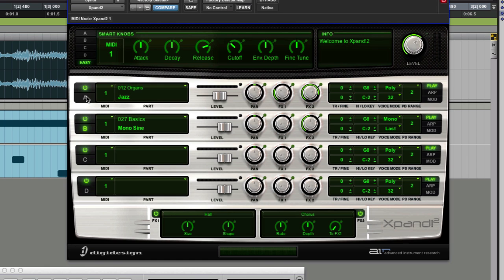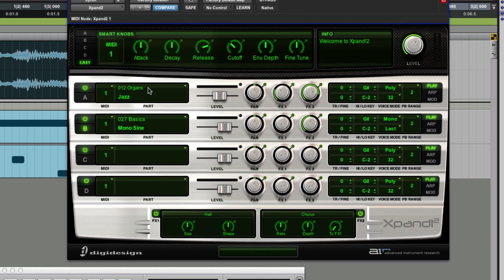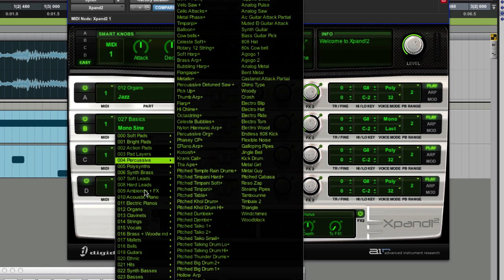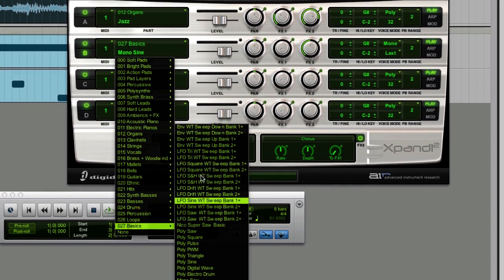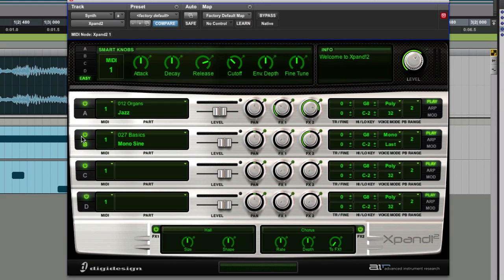And the way I've achieved it is I've used from the Menus 12 organ, the jazz organ, and then I've used the basics. The basics is a very underused menu for a lot of people. This is where you can create your own synth sounds, basically. You can get the core oscillator of a synth, and you can edit it. So what we've got here is we've got the organ,